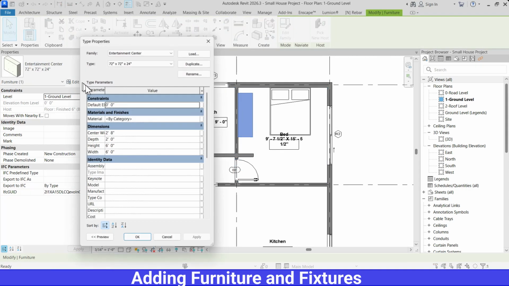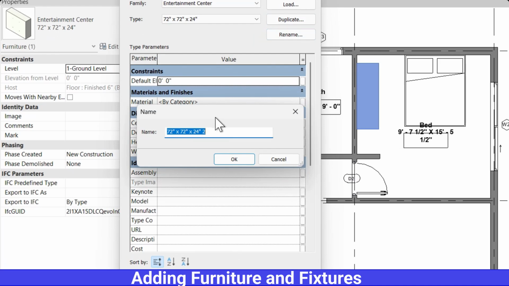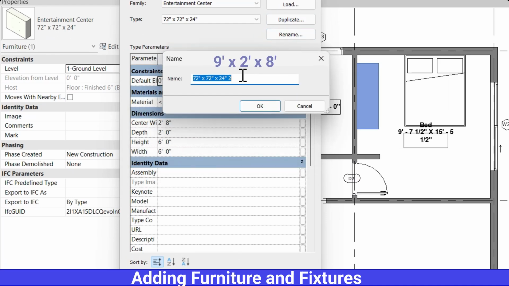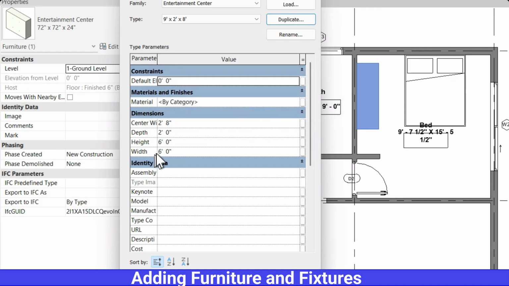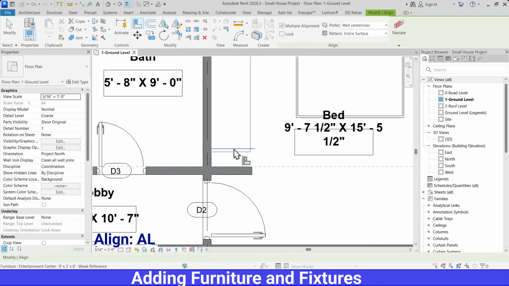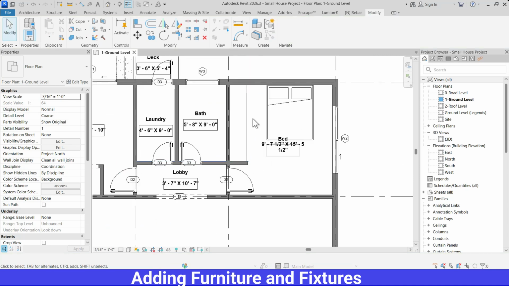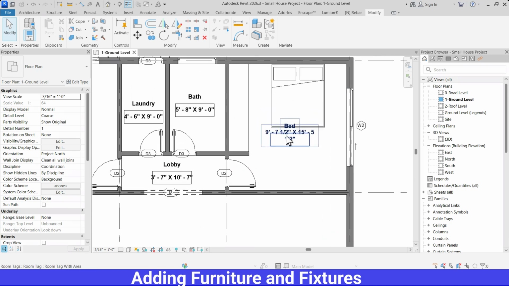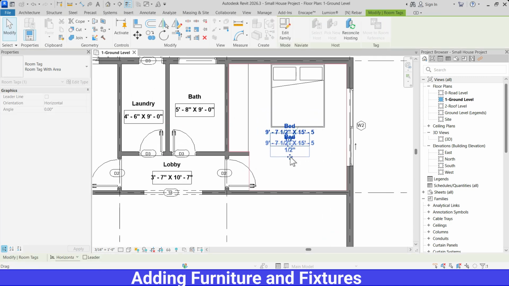select Edit, Duplicate. I need 9 by 2, so I will write it 9 feet by 2 feet by 8 feet. Okay, then height I need 8 feet, width I need 9 feet, depth 2 feet. Okay, apply. Okay, and then align it, AL. Perfect. If you want to move the text, okay,